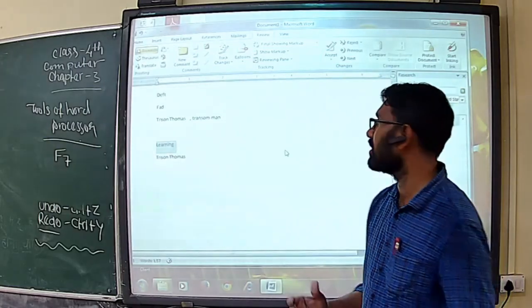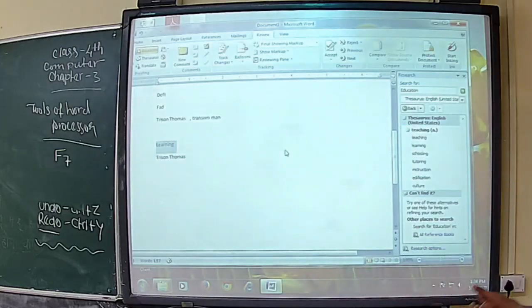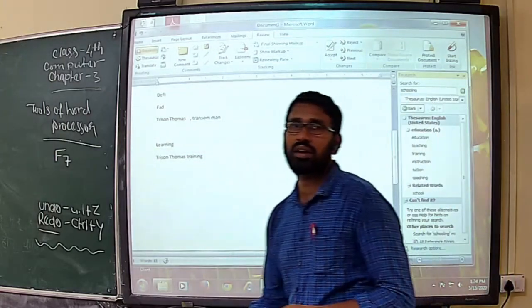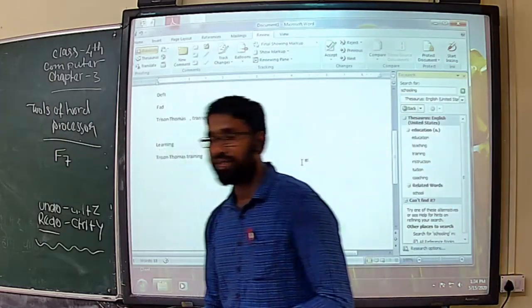Clear? So I chose education to learning, simply clicking the particular word and the insert option. There is a drop down; you can choose insert, then click. The word gets changed to learning. Clear? So that is the function of Thesaurus.